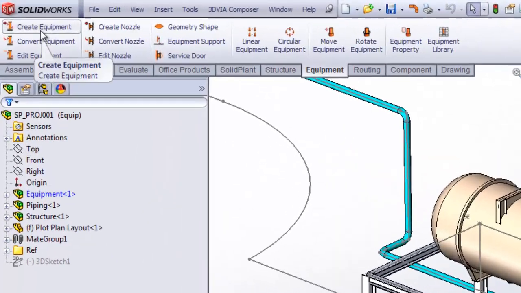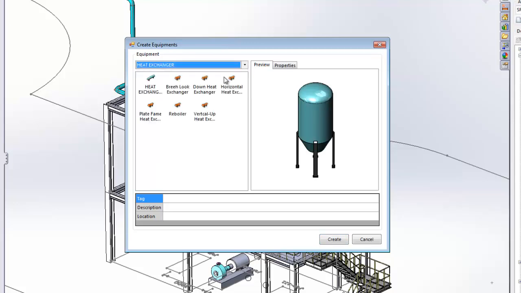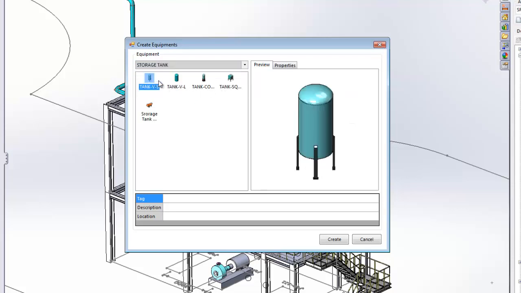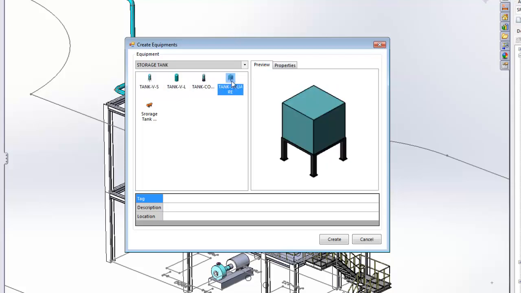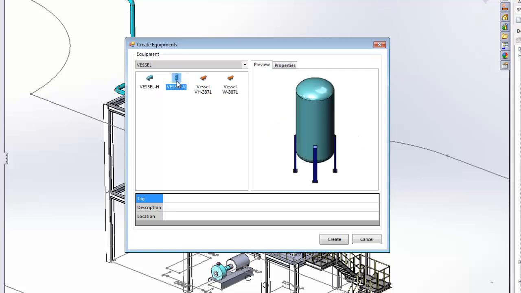So we click on the Create Equipment command from the Equipment toolbar, and we take a look at all the components that are available, such as cyclones, heat exchangers, storage tanks, vessels, but for our demo we select the pump,